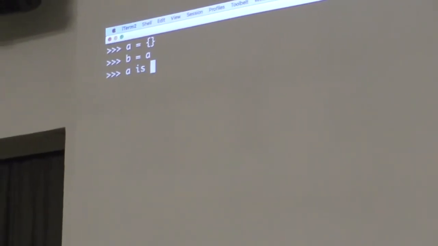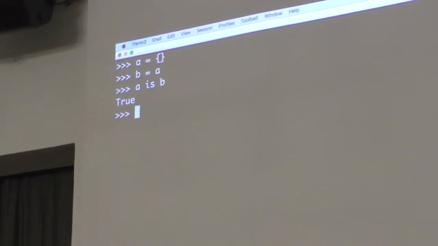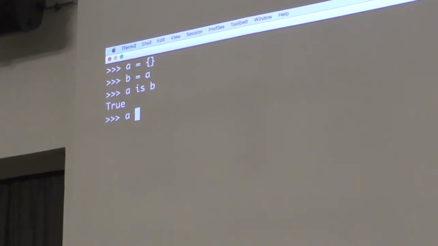I'm trying to clear. So first of all, I want to talk about dictionaries. And dictionaries are the biggest offenders about this. This is, by the way, not my computer, so that's why I don't know what is where on it. So, dictionaries are the biggest offenders when copies and references are considered. Because if you do this, and then you make b equal to a, then you will see that a is actually b. And if we have some kind of content in our dictionary,